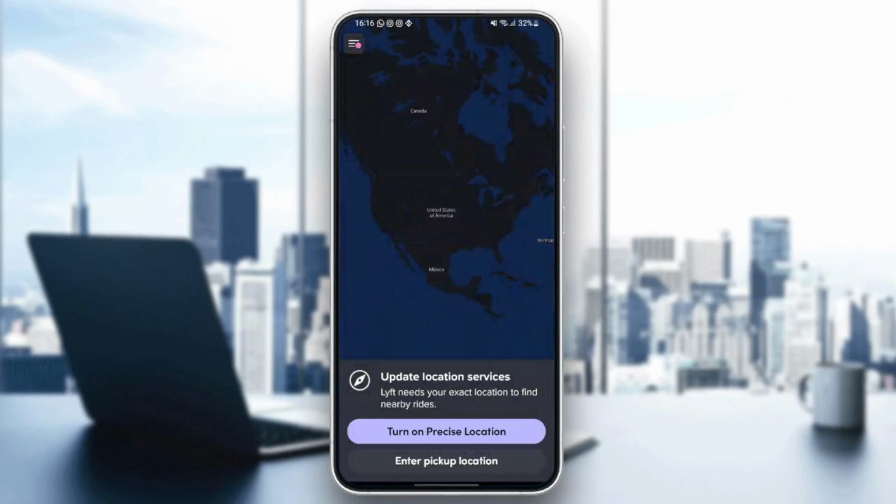In this video, I'm gonna show you guys how to order a Lyft in advance. So if you guys want to learn how to do it, just follow the steps that I'm gonna show you. As you can see guys, I'm right now in the Lyft application and this is how it will look like once